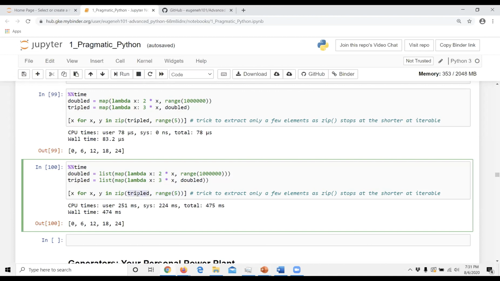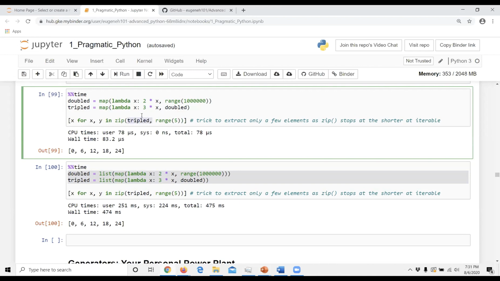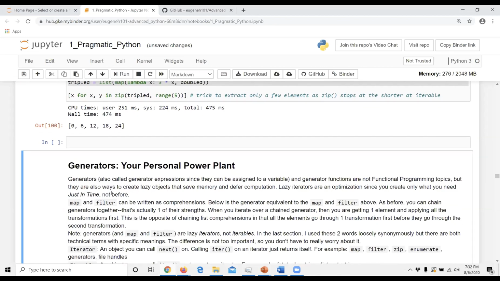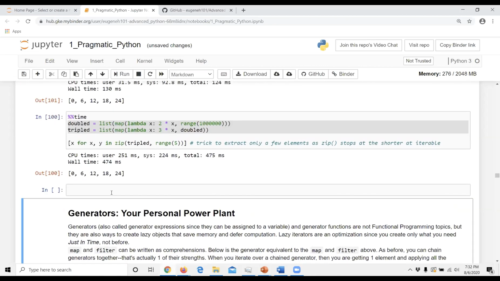In this case, you've basically wasted all this time creating these objects that won't be fully used. Whereas in a generator, I only pick out the first 5 elements to zip along with range 5 and then generate the final list. So a generator and a full list comprehension can do the exact same thing, but a generator often has runtime and memory benefits, so both space and time complexity improvements in using map, filters, and generators. Does anyone have questions about functional programming so far?